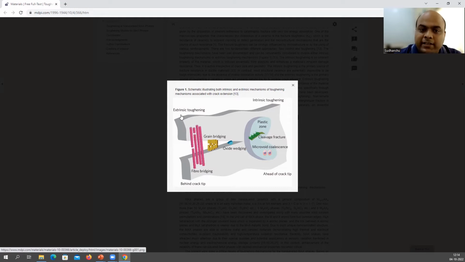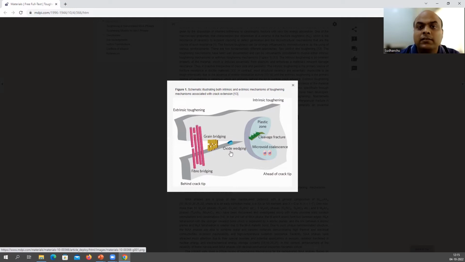On the other hand, extrinsic mechanisms are activated in the wake of the crack, like oxide wedging. I will discuss this in a bit. Similarly, grain bridging, fiber bridging. This we discussed when we were talking about toughening in metal matrix composites, especially ceramic matrix composites. So all these, grain bridging, fiber bridging, oxide wedging, and there are some more mechanisms,